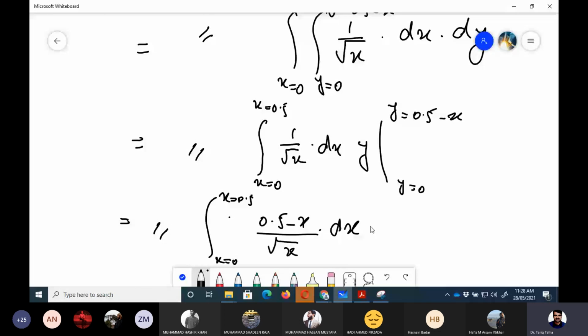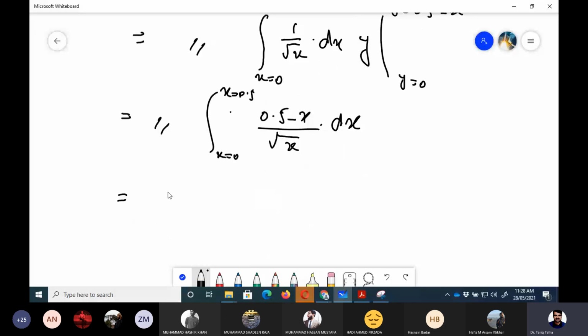So if we integrate it, 0.5 upon x minus x upon square root of x, it would have two terms. We all know that. So let me write it here then. 0.332 into 3 by 2 rho u, and then we would have,